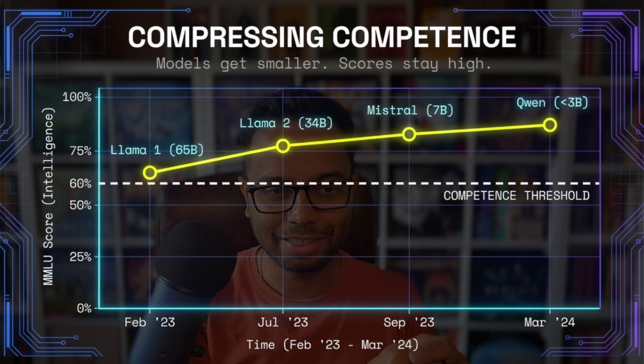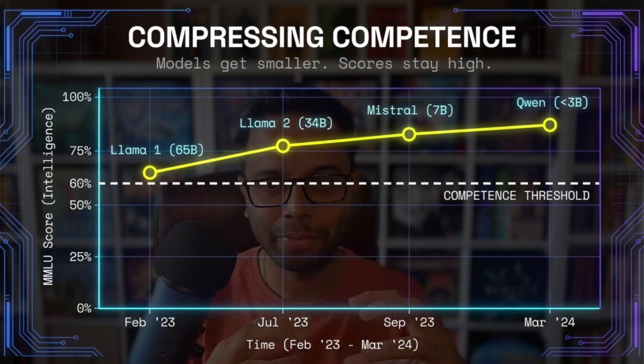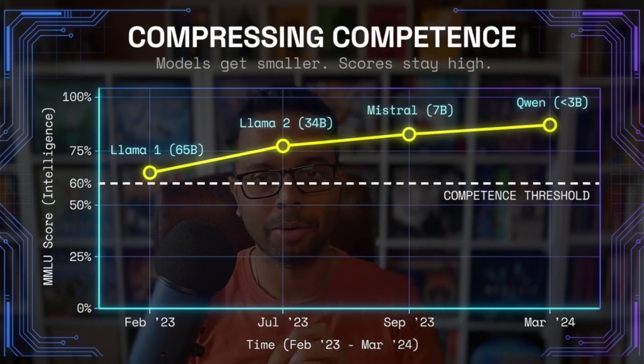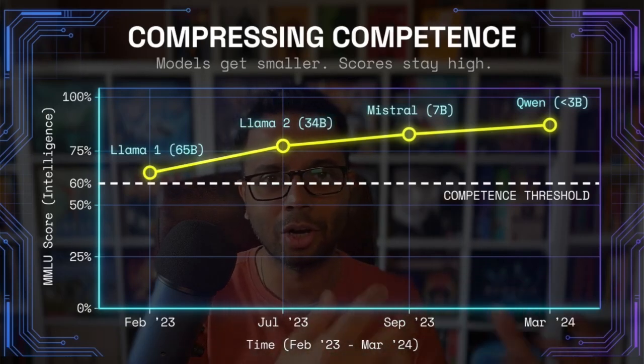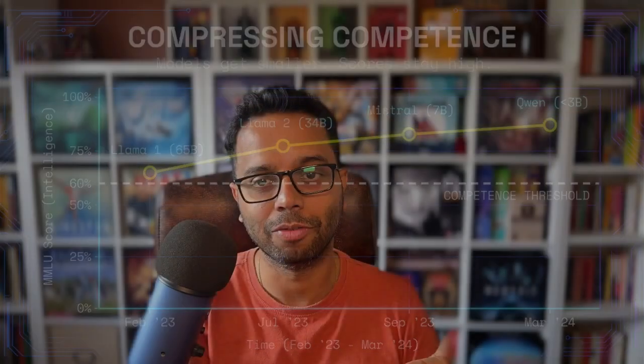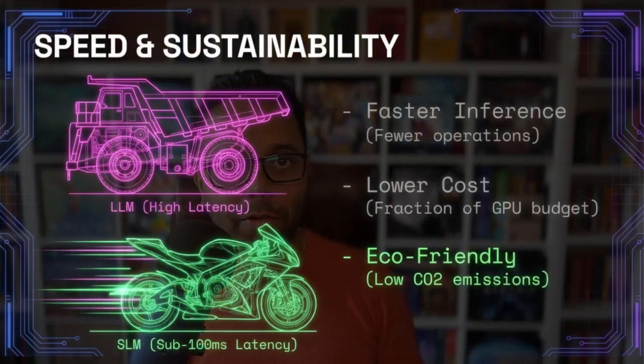So we have seen that when we compress the model and create the algorithms, even the shrinking did not make any difference to the intelligence of these models. So speed and sustainability are the primary aspects for which people choose small language models, or